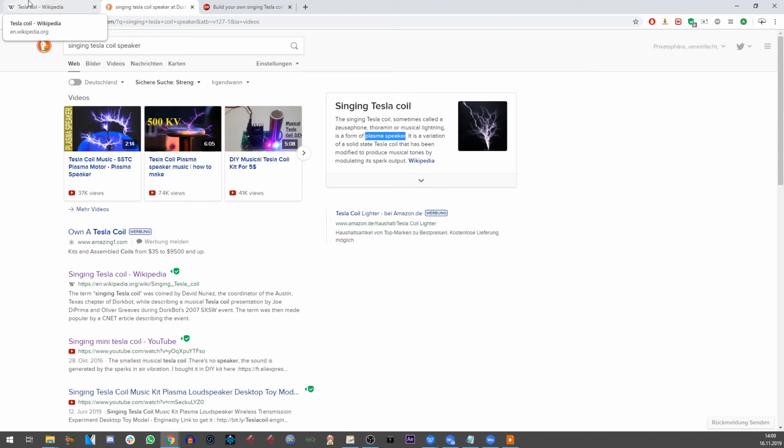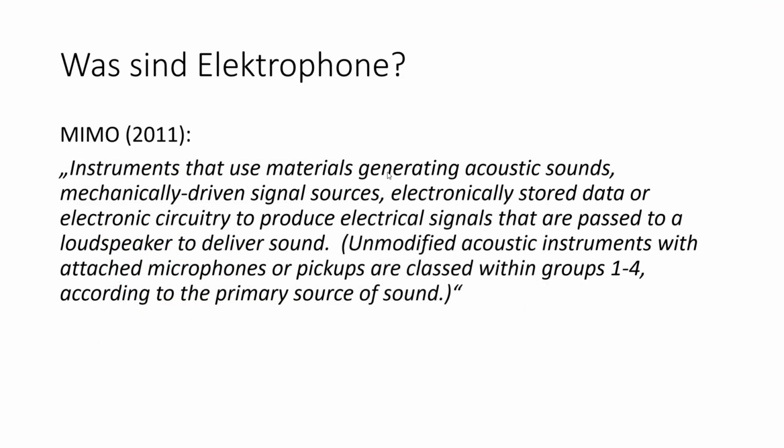Anyhow, if it doesn't produce sound, or it doesn't need a loudspeaker, then it apparently isn't an electrophone, according to this definition here. But as I said, you can criticize this definition. I say it's mostly functional, mostly alright.